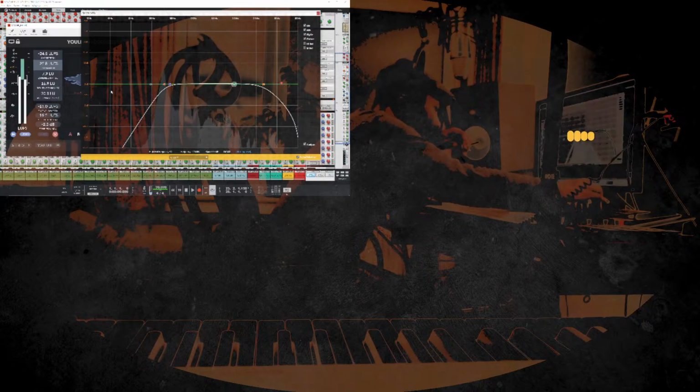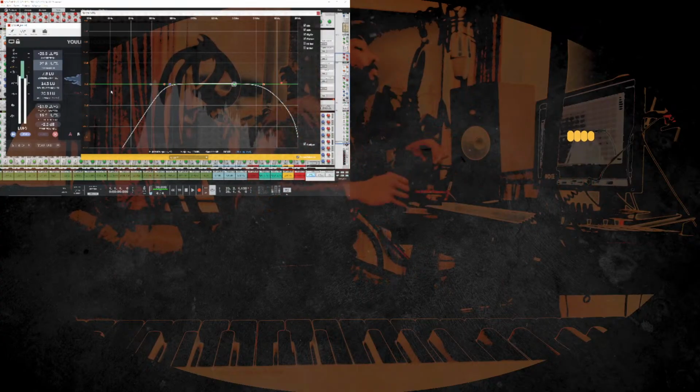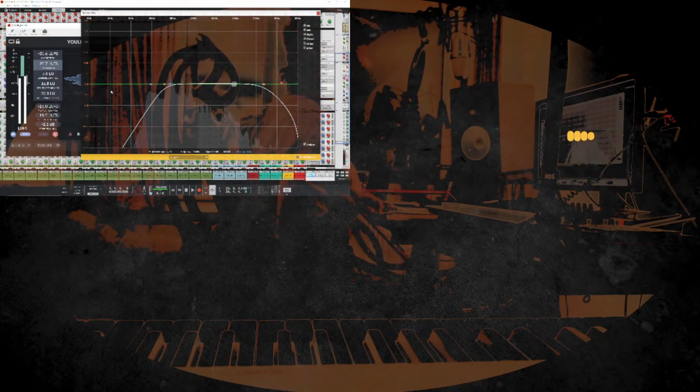Now, let's think about dynamics for a second. I can't emphasize this enough. Dynamics are what make music feel alive. Compression, as I mentioned, helps control them,